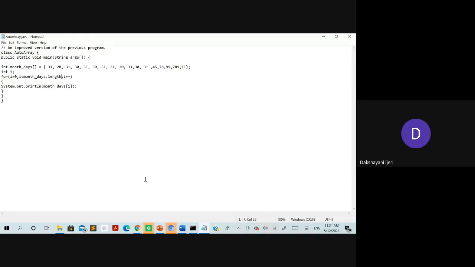I'll give you 2 minutes to quickly write a program to declare the array variable and store as many elements as you want. You might take 3 to 4 or 5 elements. The result should be the sum and the average of all those integer values. Take the array of integer type only.